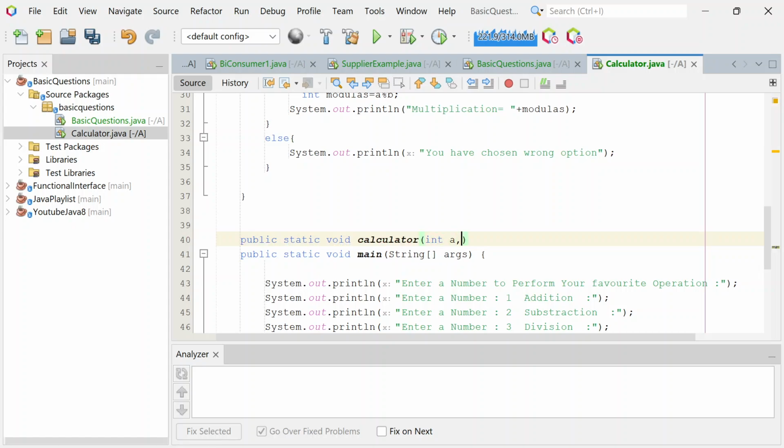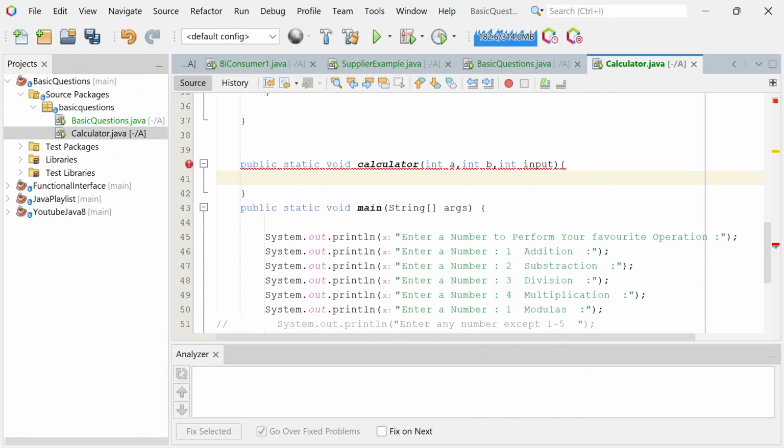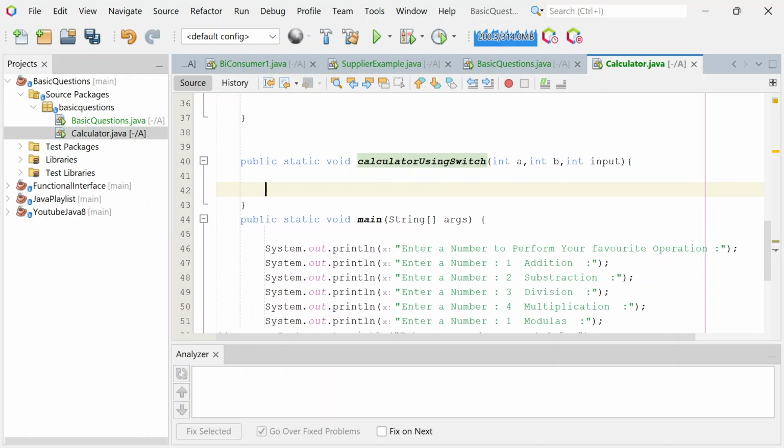So int a, int b, int input. Calculator using switch. As we know, switch is also just like a method where we basically